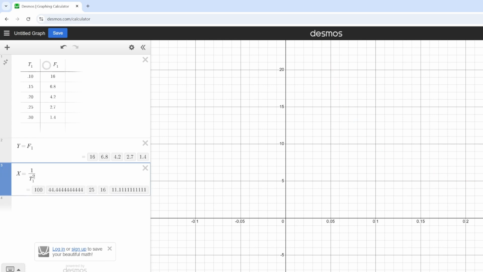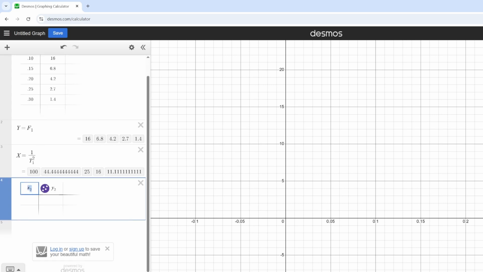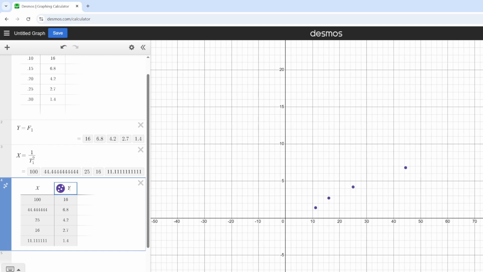So now I'm actually just going to get rid of that old table because I don't need it. I'm going to stop graphing from there, and I'm just going to graph a new table. And I'm going to graph my transformed x and my transformed y. So make sure to keep it like x then y so you don't accidentally flip your slope. So if I graph this data set and use the magnifying glass, well, look at that. It's quite linear now. So then you just click the regression button,